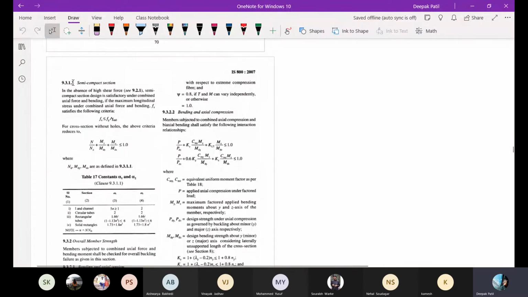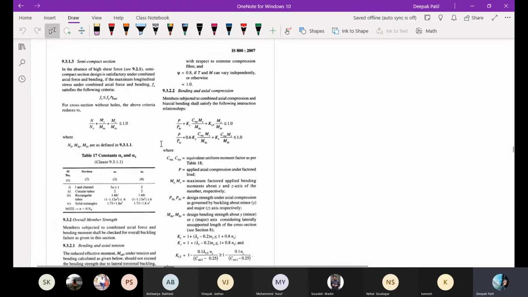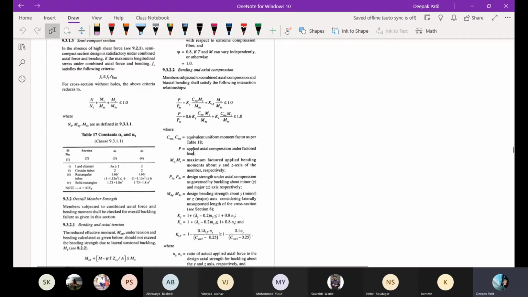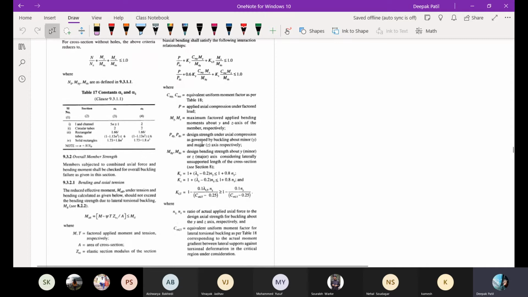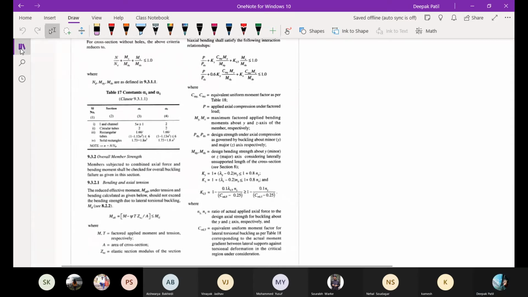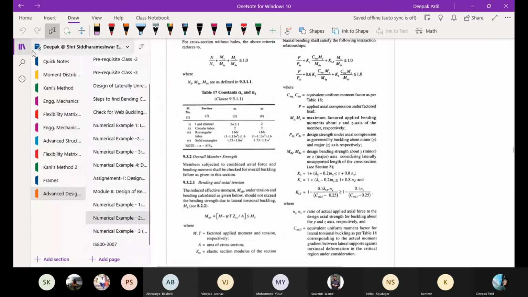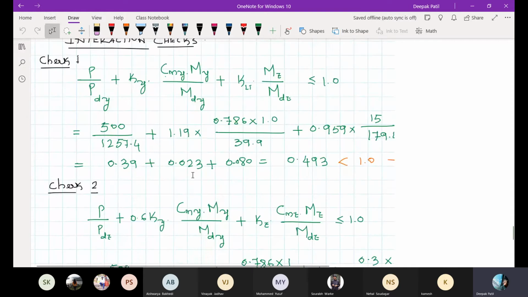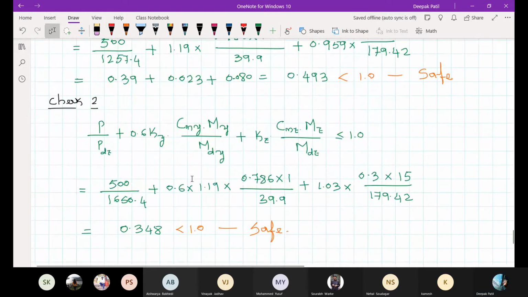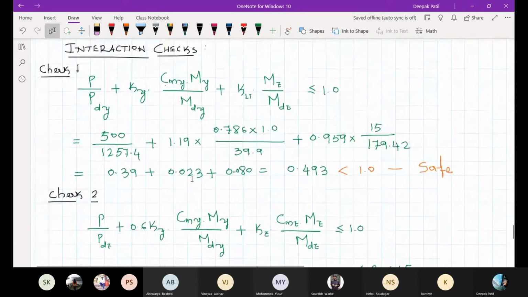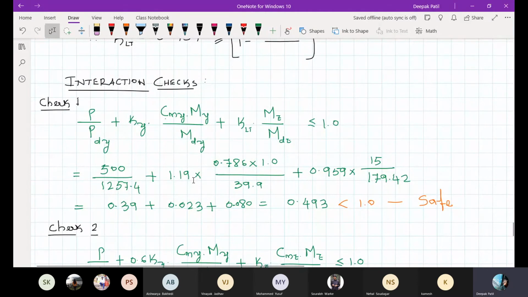Yeah. Okay. So you only have to apply this one. First clause is 9.3.1.3. You have to use this equation. Then in the next one, you have to use 9.3.2.2. You have to use this equation. Only these two clauses are very important. And once you know how to apply these formulae correctly, and practice a few more examples, you'll be able to do that. Any other doubts, students? Any other doubts you have?